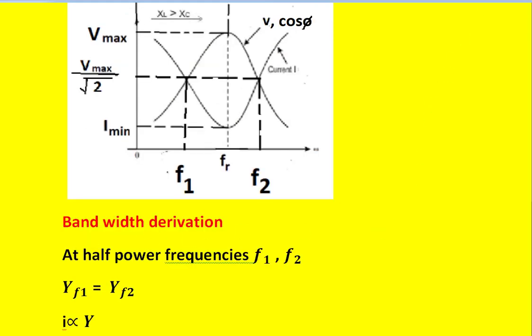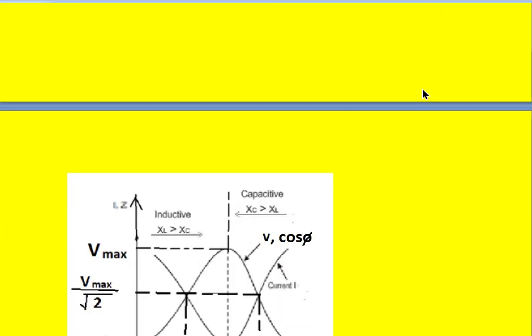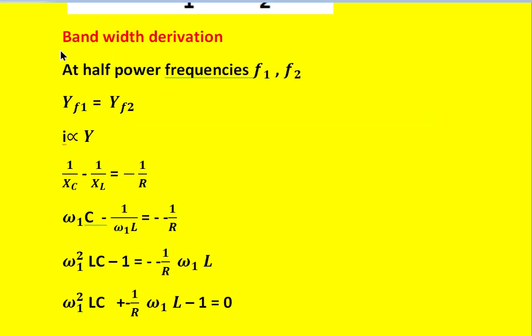Next, having known the resonance frequency, that is equal to omega r is equal to 1 by root LC, which can also be written as Fr is equal to 1 by 2 pi root LC, bandwidth can be calculated. So let us see what is the bandwidth derivation for this